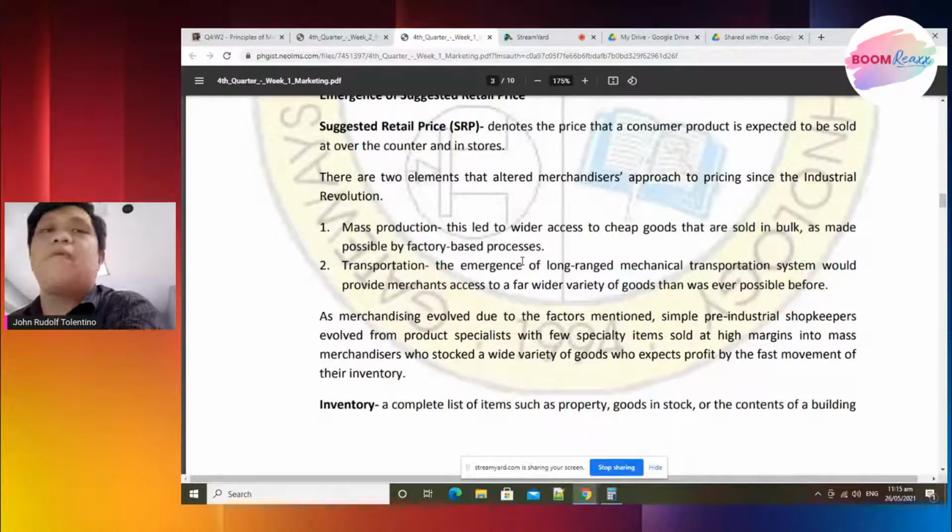Makakapag-produce ka kaagad kasi nga wala ka nang supply. Okay? Kaya may mga ganong altered merchandisers tayong kailangan na